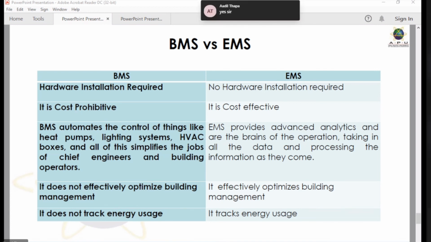The second last point, sir, actually. Second last, which second last? It does not effectively optimize building management. It means that